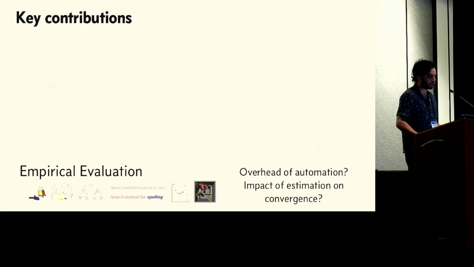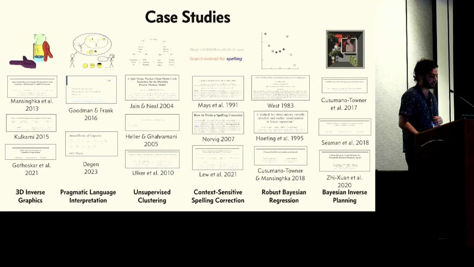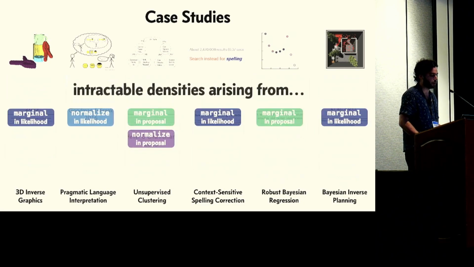So that's the language and compiler. And we evaluated our approach by re-implementing the Gen probabilistic programming language to use these new interfaces. And we evaluated it on 6 case studies from the modeling and inference literature. Bayesian approaches to all these problems have a long history, and GenSP makes it possible to tackle them using probabilistic programming despite intractable densities arising either in the model itself or the sophisticated proposal distributions necessary for accurate inference.